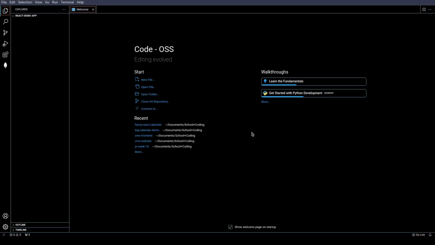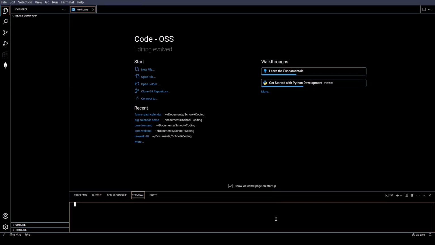First, you will need to create a new folder and VS project. So I'll do that right now. I'll call it React Demo App. So I'm going to open this in VS Code, and then we will open the terminal, new terminal. Make sure you're in the right directory within the terminal, and then we're going to run this command